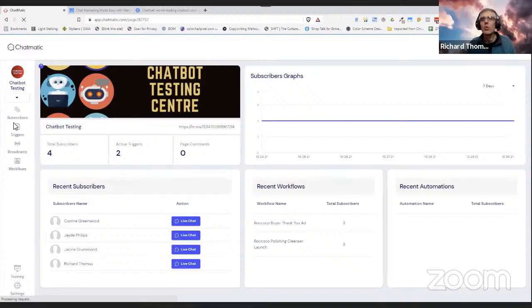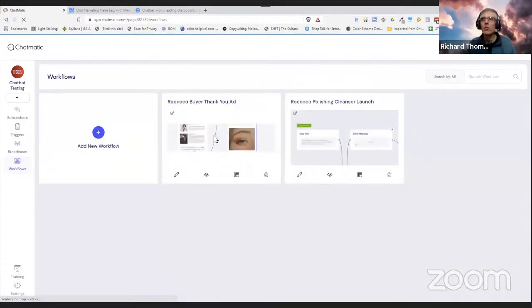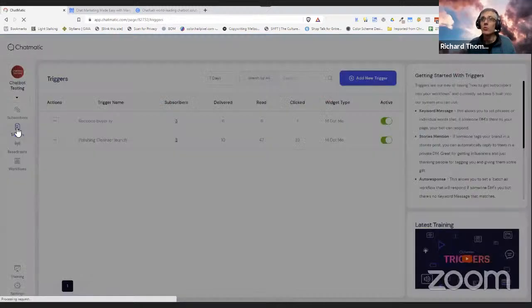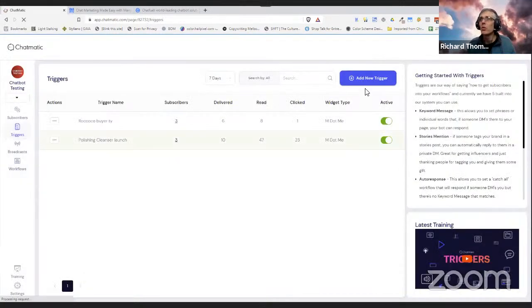What I've got down the left here is a settings section. The main parts of the chatbot in this software are made up of workflows and triggers. The workflows are the actual conversations that we have here. At the moment, I've just got two because I've set this page up fairly recently. And then the triggers are basically what we called the entry points before. So if we go and add a new trigger,